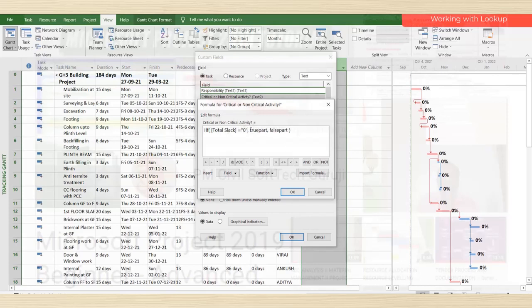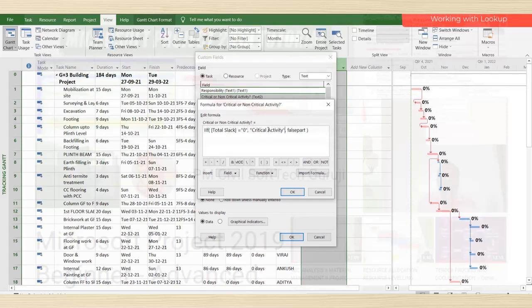Then the true part. What is the true part? So in double inverted commas, critical activity.